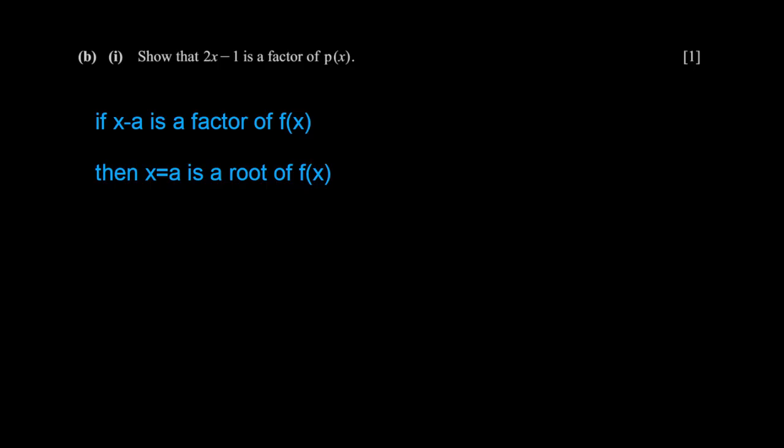Okay, and we should probably just state what a root is for those of you who are not sure. If f of a is equal to 0, then a is a root of the polynomial f of x. So in other words, a root is an x-intercept. It's the value where the function is equal to 0. So if 3 is a root, it means if we were to substitute 3 into the polynomial, we will get 0. If 5 is a root, it means if we substitute 5 into the polynomial, we'll get 0,